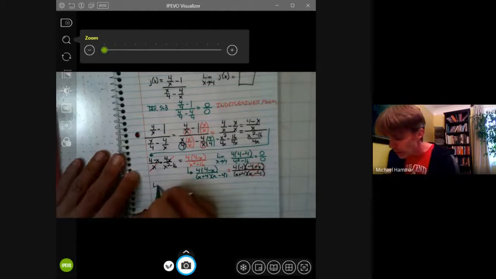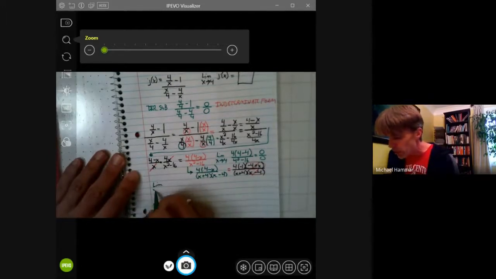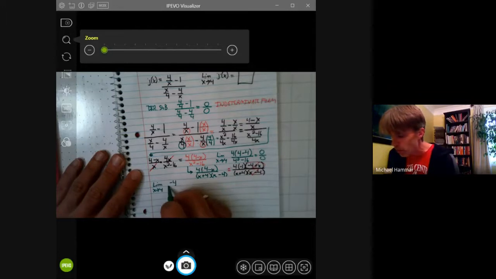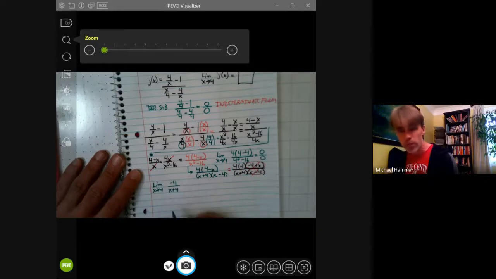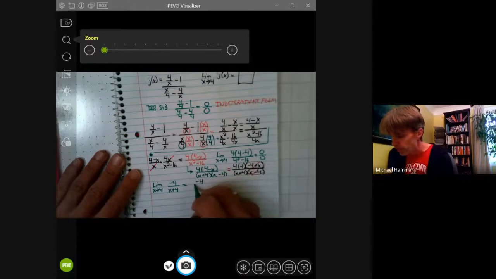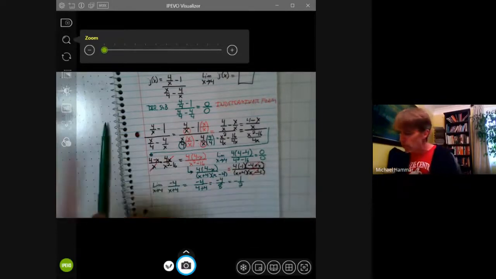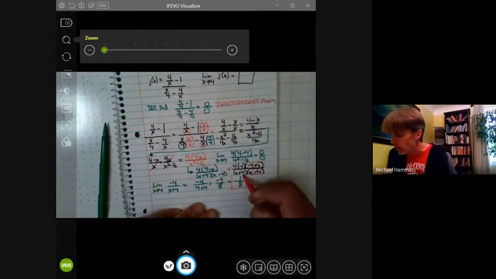So now that we've simplified it even more, let's find the limit of what is left over. I still have -1 and 4, so it's going to be -4 on the numerator. And then in the denominator, I have x plus 4. So do direct substitution. So now we have -4 over 4 plus 4. So it's -4 over 8, which equals -1/2. So our final answer after all of that is